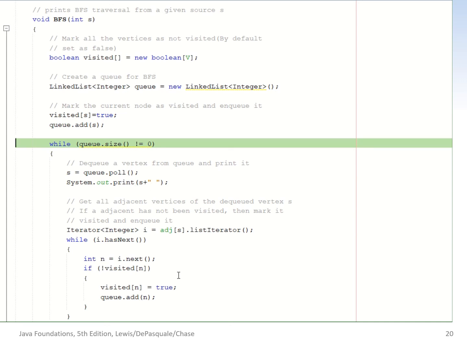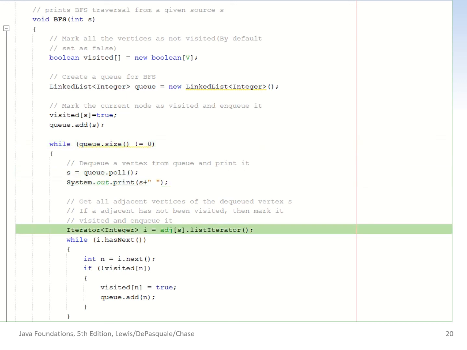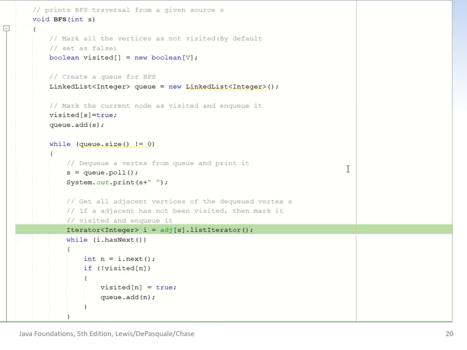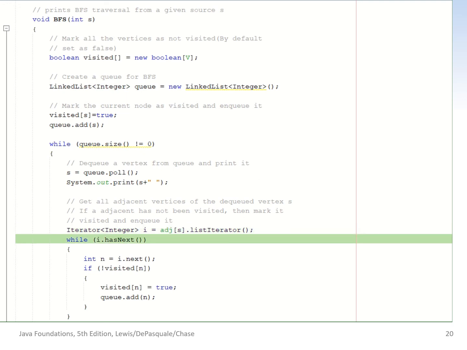And once we do that, we're going to print this out, and then use an iterator to continue to follow through this. If I look at my output, there's our 2 because we visited that, and then we're going to create an integer iterator I from that value, and while I has next, which we know it does,